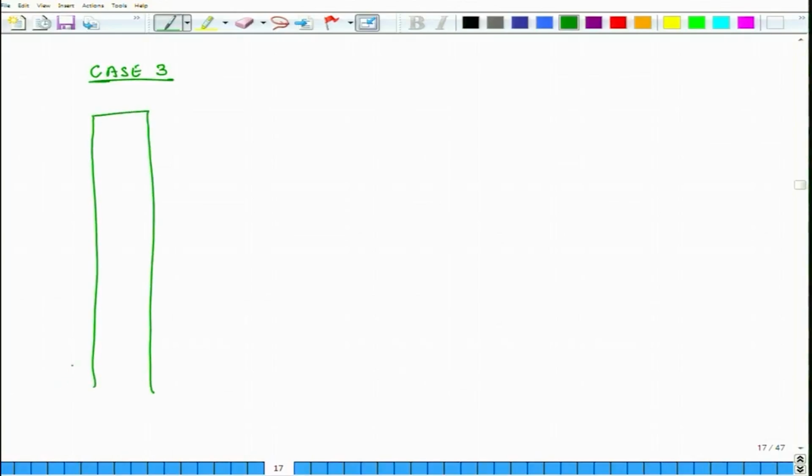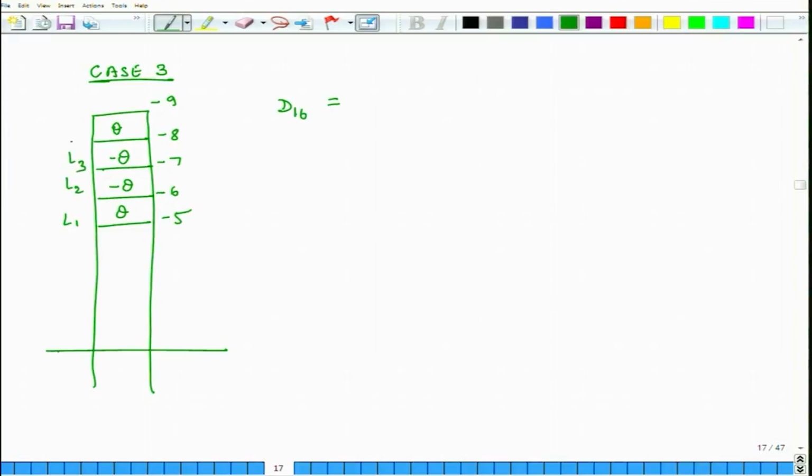And here let us say this is the mid plane. So, this is theta, this is minus theta, this is minus theta, and this is theta. Okay. So, coordinates are minus 9, minus 8, minus 7, minus 6, minus 5. Okay. Here let us compute D16. So, let us do for L1, then we will do for L2, then L3 and L4. So, for L1 it is